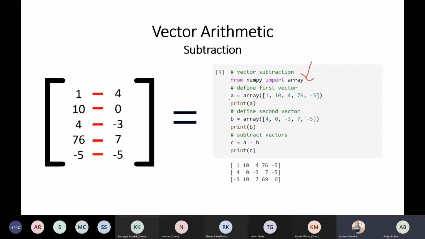Okay, so I'm defining a variable a. Arrays are computationally efficient, Sakshi. That's why we use arrays. Inside the variable, I am passing my array a. I'm defining another variable b. Inside that variable, I have also stored an array. And for doing the subtraction, I simply subtract b from a, and it will print the values. Okay, so if you want to do the addition for the same, you will be printing c is equal to a plus b. Nothing much more about it.